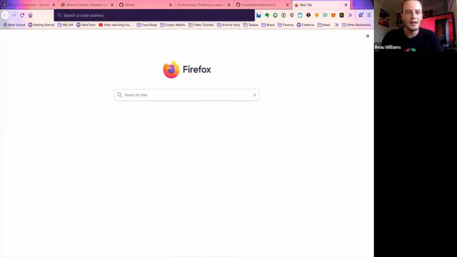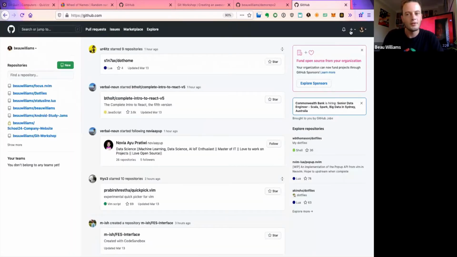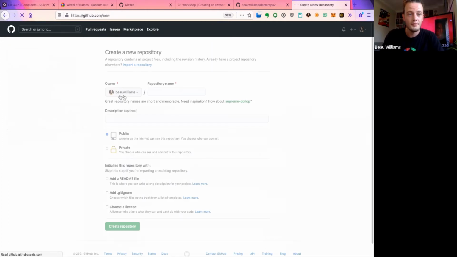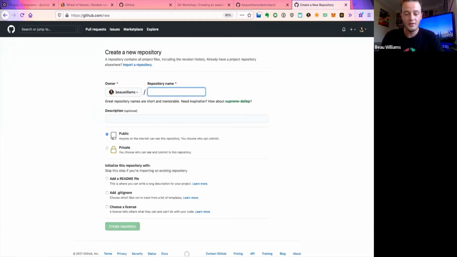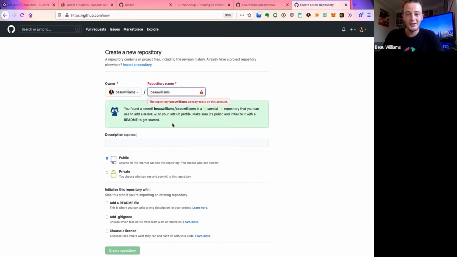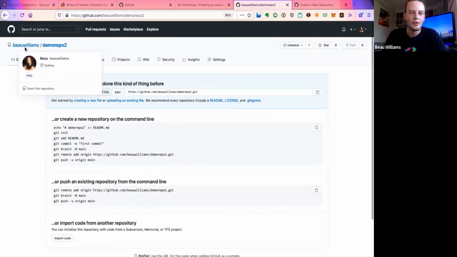So once you've set up a GitHub account, what you can do is create a new repository. And again, we can just do it through here if we want. And when you're starting out, that might be the easiest way to do it. You can create a new repository, and you can give it the name, and it's a special secret. You give it the name of your profile. So there we are. And I'll actually say you found a secret. Great, we've found an Easter egg on GitHub, essentially. Not really, everyone knows about it, but this is a really cool way to set up your GitHub profile.